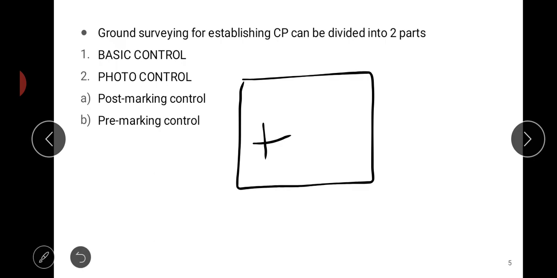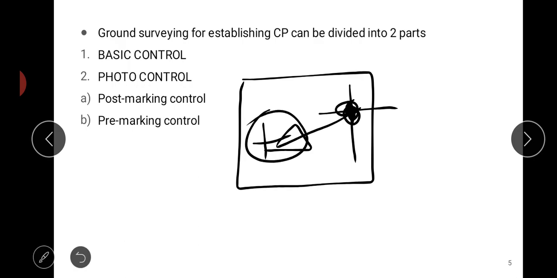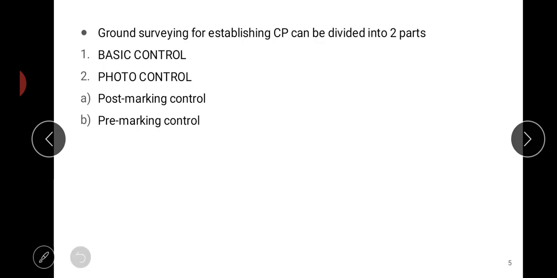So I select one point or ground control point such that it is in relation with respect to the basic control, that is the xyz direction, x, y and z. Z is nothing but the height of that particular point, which is known with respect to this basic control point. So that kind of marking or control is called post marking control.